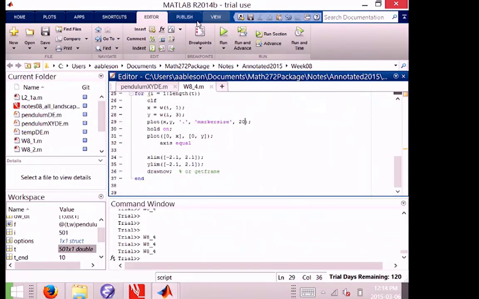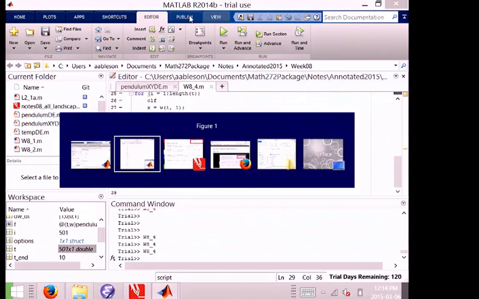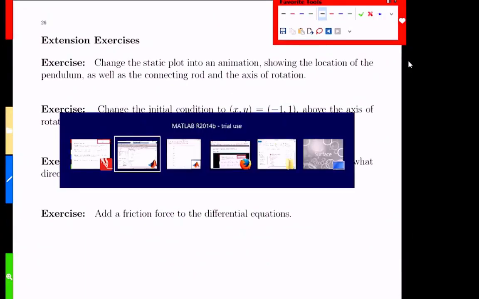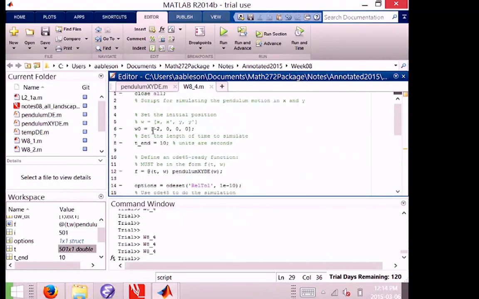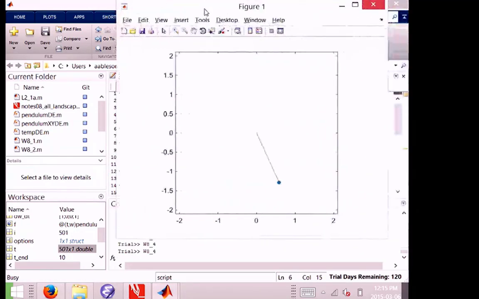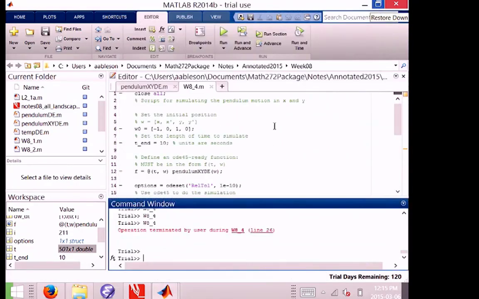All right, now I'm going to ask you a question. We're going to tweak this one more time. We'll change the initial starting point, which is all the way up here. W0 is our initial starting position, velocity, position, velocity. So what we're going to do is put this thing above the axis of rotation. And when we do that, we get that kind of rotation, which is kind of nice. If I wanted to give it a starting kick,